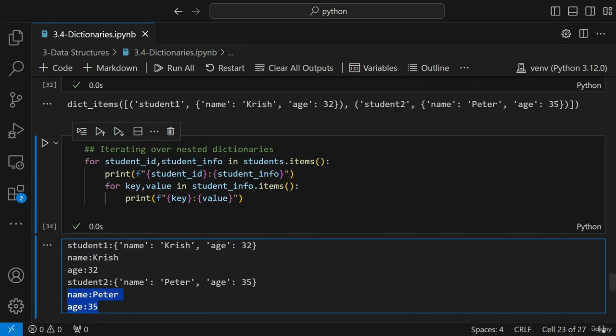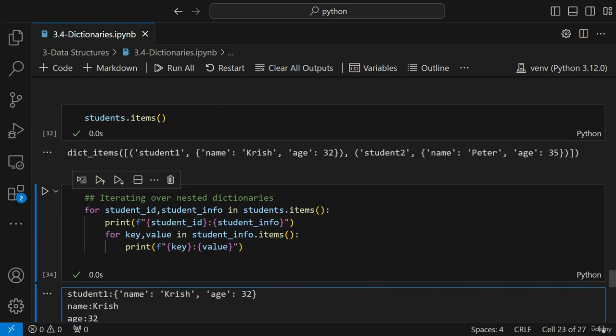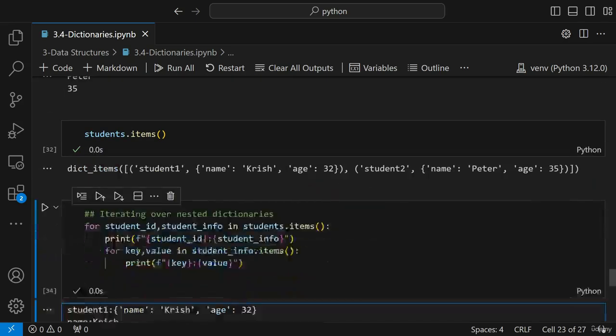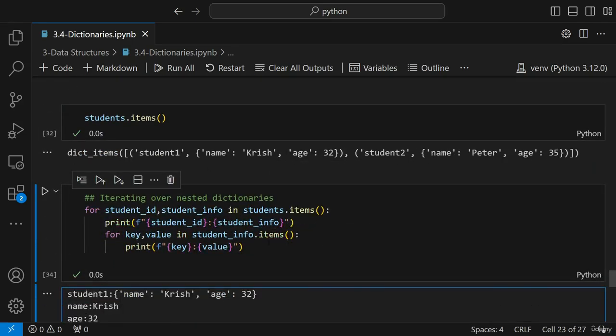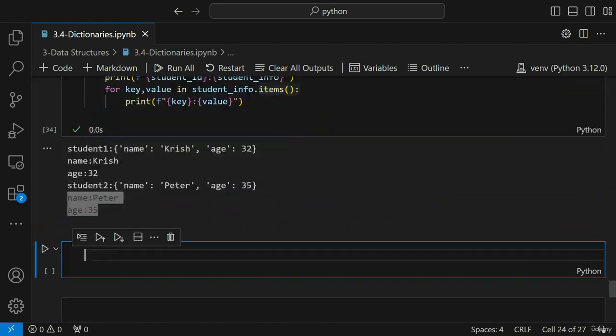So this is how you iterate over nested dictionaries, and you can play with different elements as you want. Again, any level of nesting, let it be, you can iterate through each and everything, and just by using dot items, you can get the key value pairs. Now let me go ahead and talk about